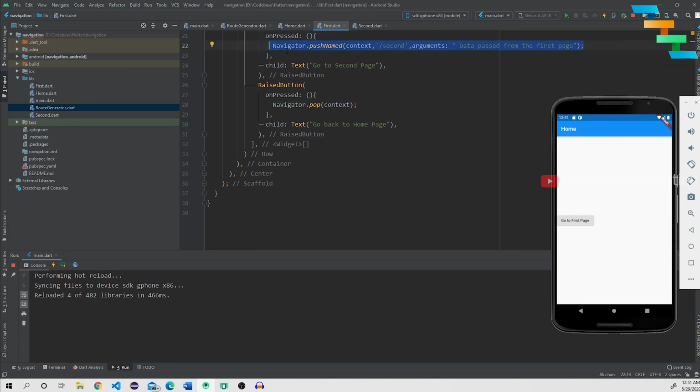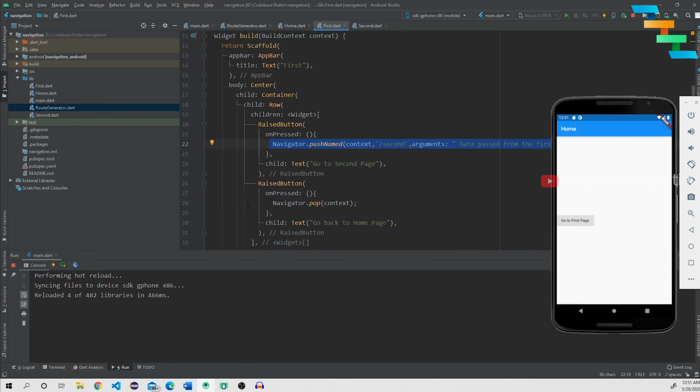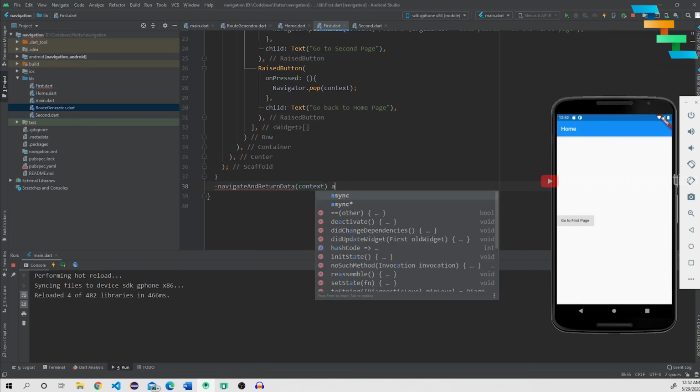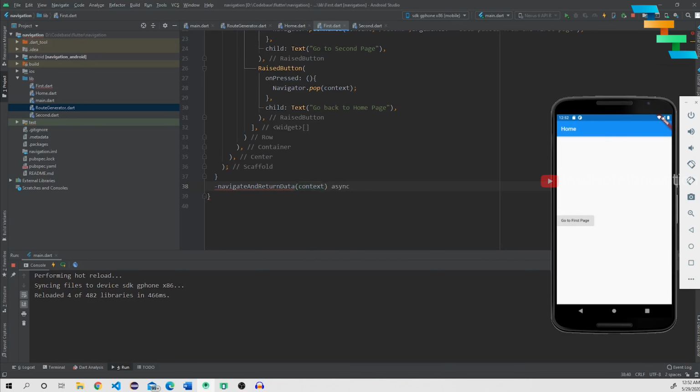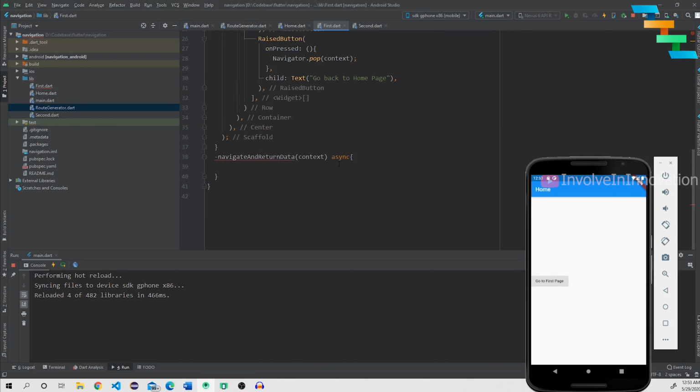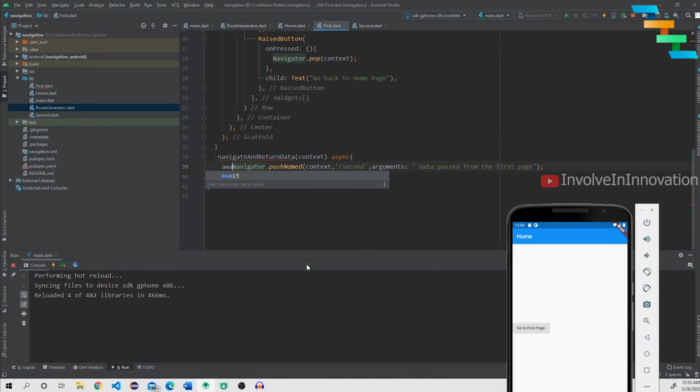So for that I will remove this Navigator.pushNamed. I will create a private function and name it navigateReturnData, and this takes context because we need to pass context to the Navigator.pushNamed, and we will make it async. So I will just copy and paste this. Here I will make this await,